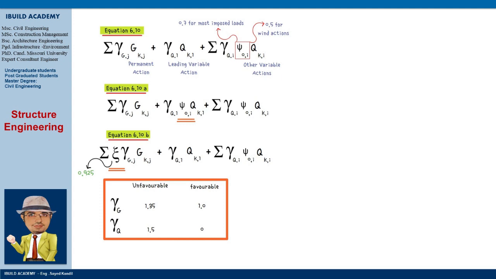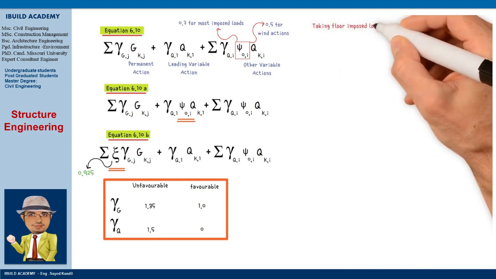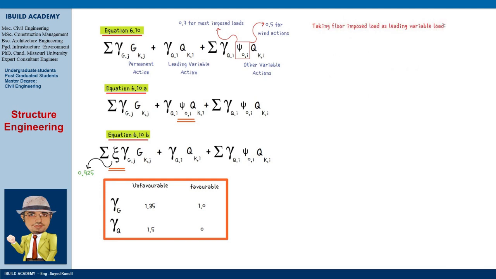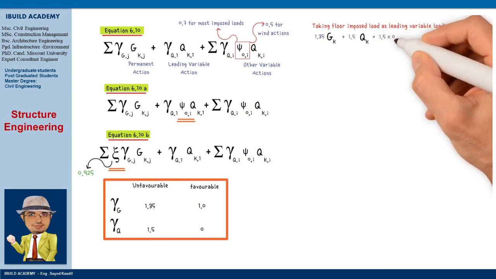So, we have a partial safety factor for the permanent load, gamma g, and that's 1.35. The partial factor for the leading variable action, gamma q, is 1.5, and for the other variable actions, we need to multiply the partial safety factor by the combination factor. If we take the floor imposed load as a leading variable, we need to multiply the other variable loads